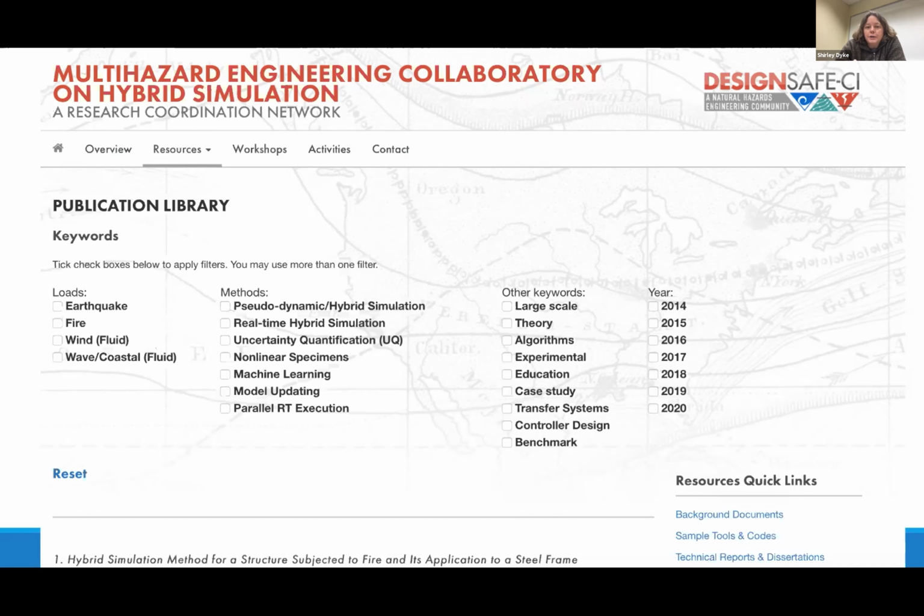We have also dug through the literature and pulled out a number of recent papers. But I would say there's about 300 very high quality recent publications that are located here on all different aspects of hybrid simulation. If you're interested in adding some, you can email those to us and we will go ahead and add those links. The DOI is the easiest thing to do. We'll go ahead and make those available to each other.